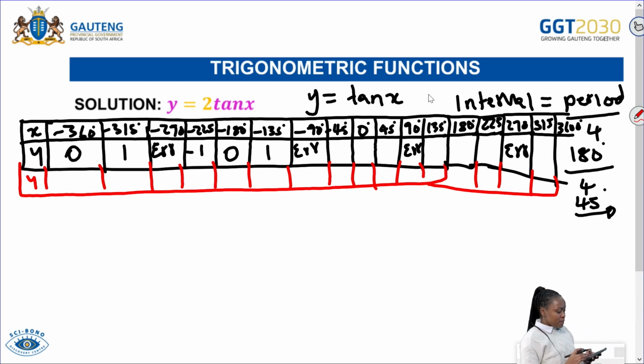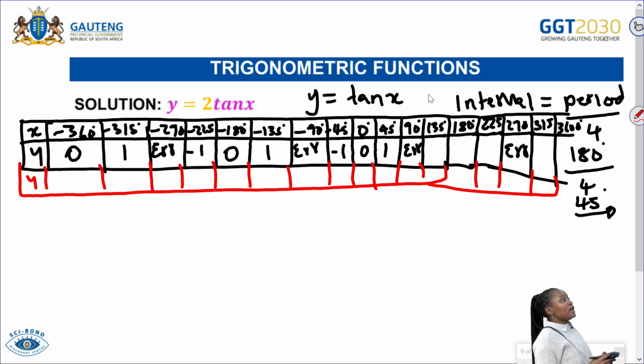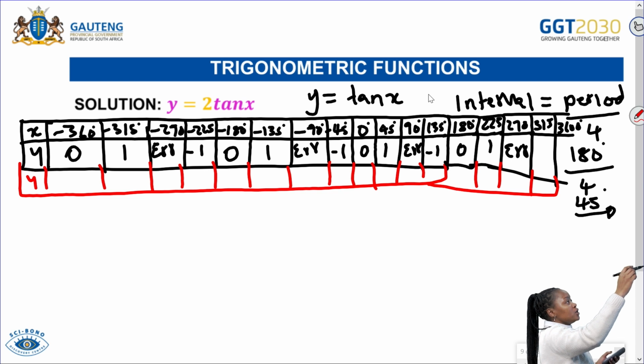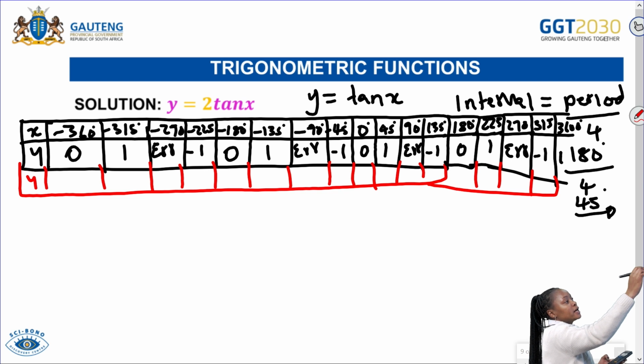And then at negative 45, you'll get negative 1, and then at 0, you'll get 0. And then at 45, you'll get positive 1, and then you have math error. And then 135, you'll get negative 1, you'll have 0, you'll have 1, math error. And then at 315, you'll get negative 1. And then at 360, you'll get 0. Okay? So let's sketch